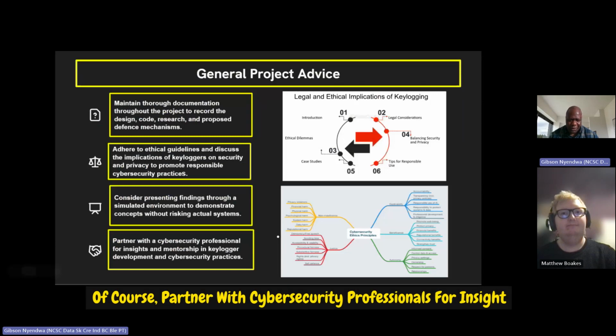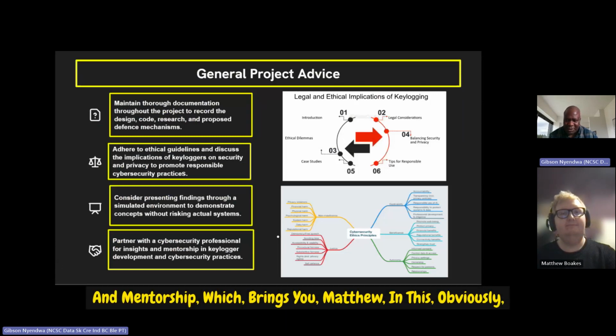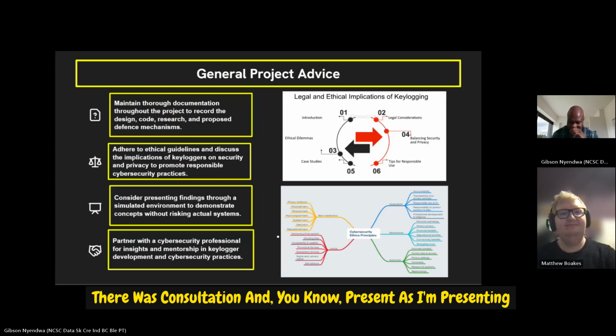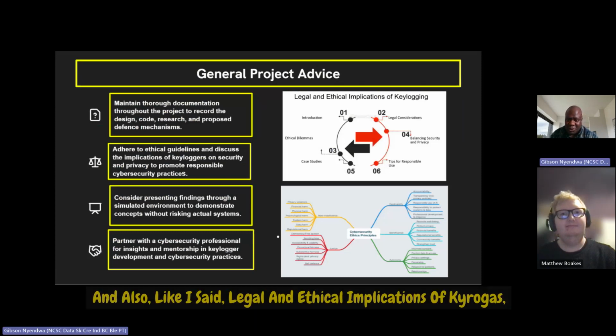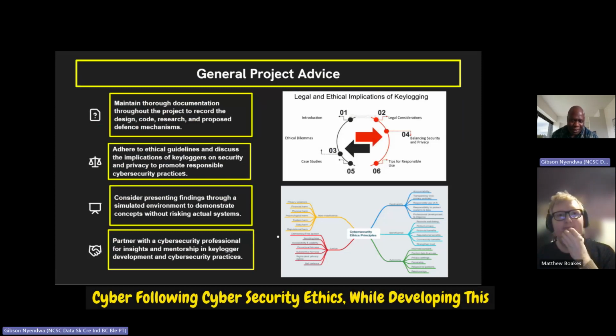Of course, partner with cybersecurity professionals for insight and mentorship, which brings you, Matthew, in this. Obviously, there was consultation, and as I'm presenting now, you'll be able to guide and see if I'm in the right direction. And also, like I said, consider the legal and ethical implications of keyloggers, following cybersecurity ethics